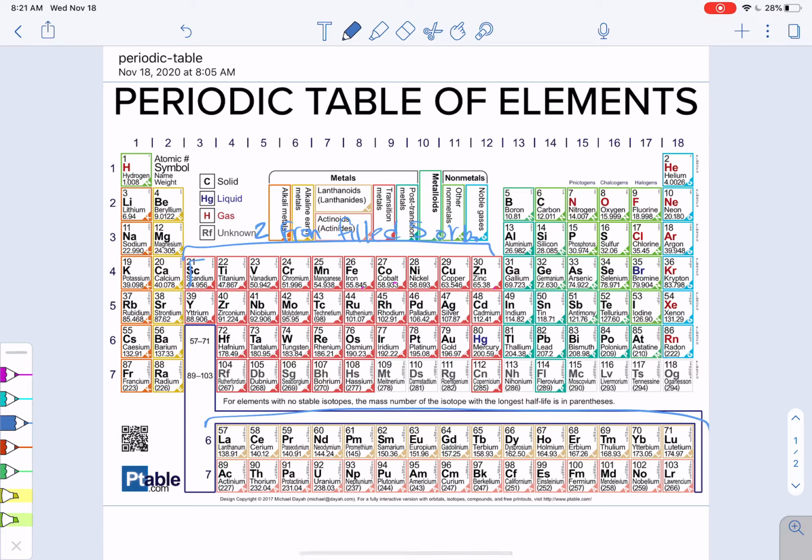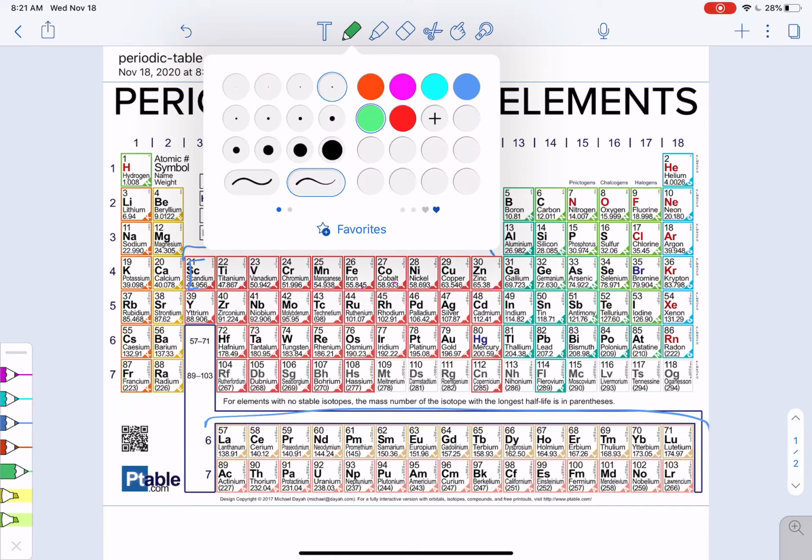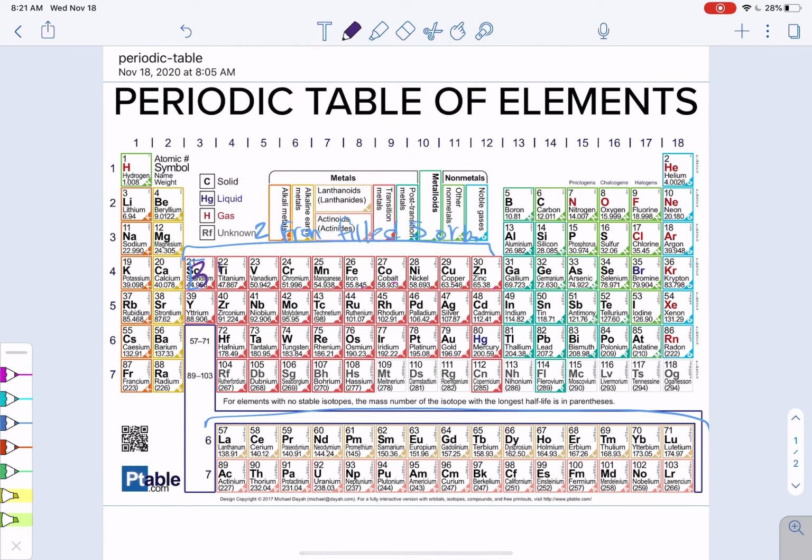Because if I'm going into, let me use a brighter color, if I'm going into 3D right here, I've already gone through 4S. So 4 is now my greatest level. So all of these are going to have the S filled to get into the 3D. Same thing here. I'm going to have the 5S2 filled to get into the 4D. So it's just easiest to remember that these will have 2. These will have 2. Okay? And then